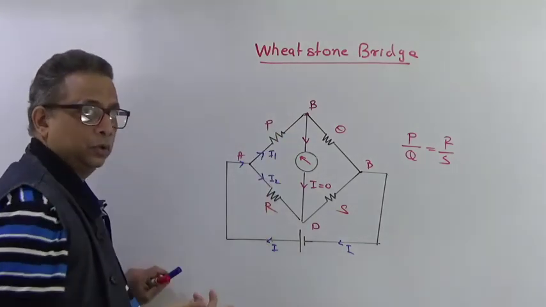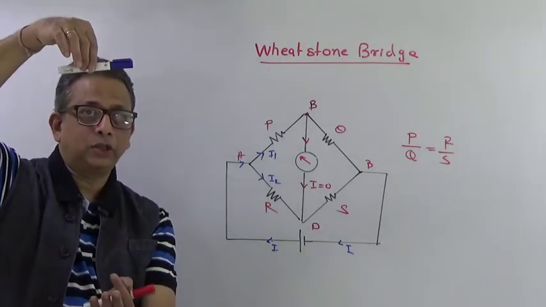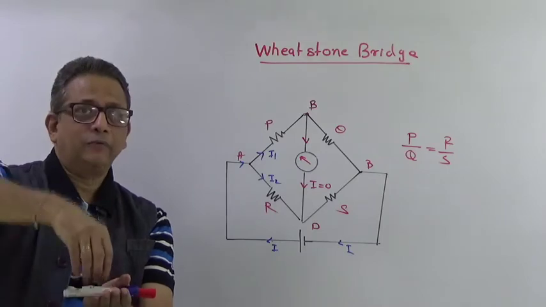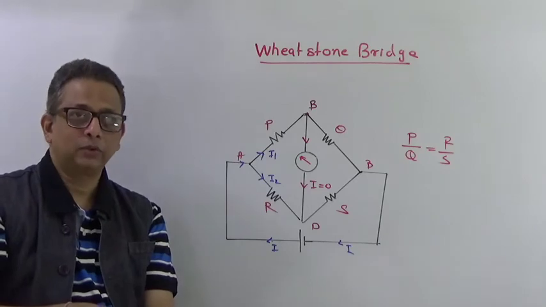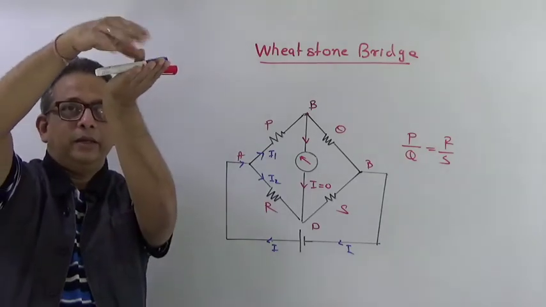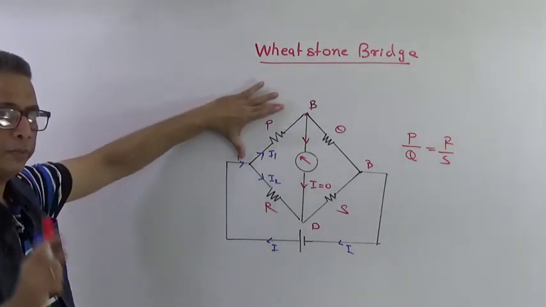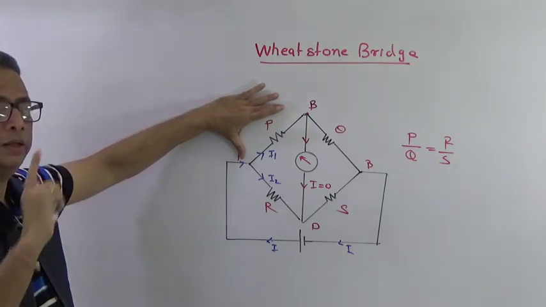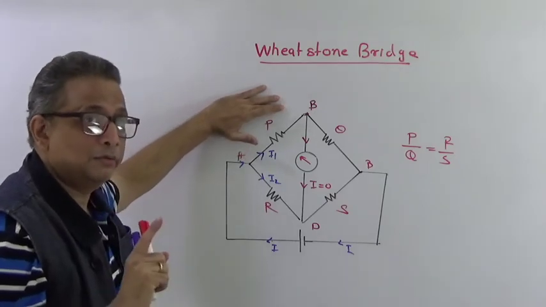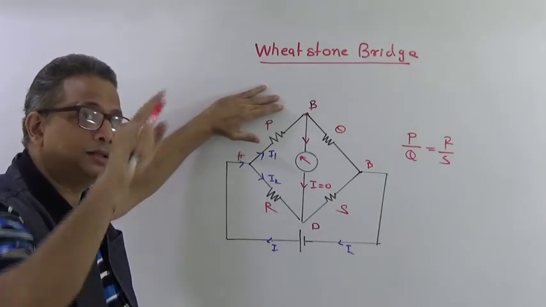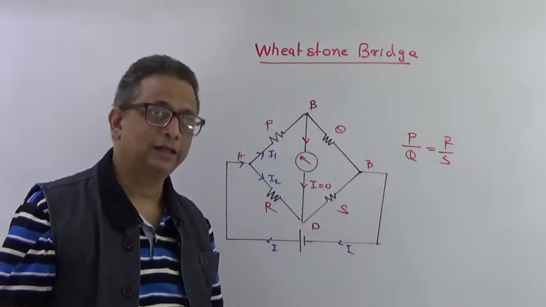So for a current to flow, it requires a potential difference. If this pen has to go with a velocity, I have to take it through a distance. There has to be a potential difference. Only then it will go and travel with a velocity. At the same height, if I just leave it at the same height, the velocity will be 0. Similarly, between any 2 points, if the potential difference is 0, the current will be 0. The only exception, of course it was not an exception, we had seen in the internal resistance, in a short circuit there was a current flowing through that wire, but that current was because of the internal resistance, correct?